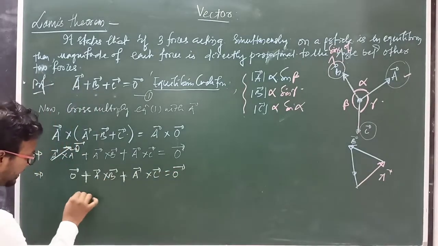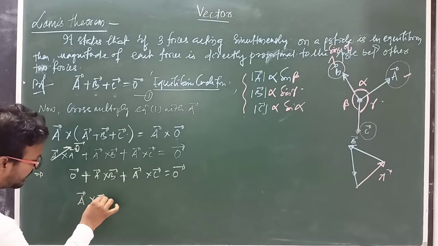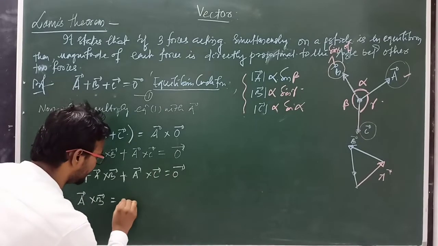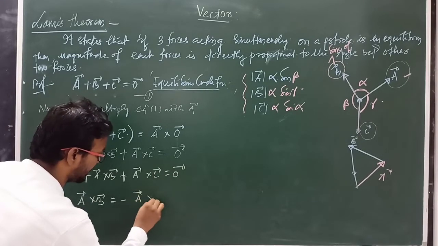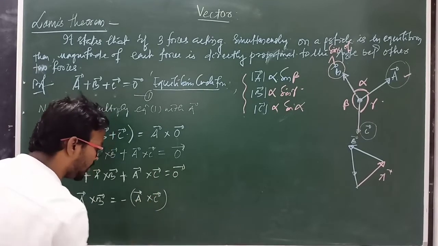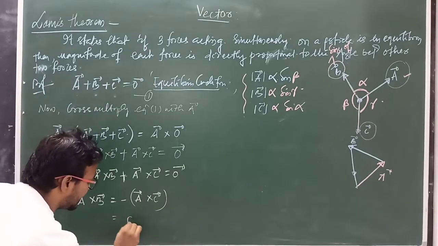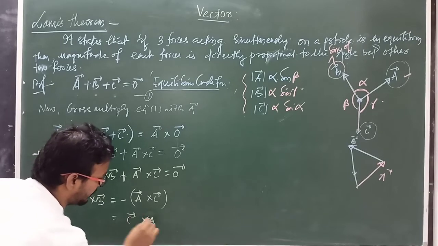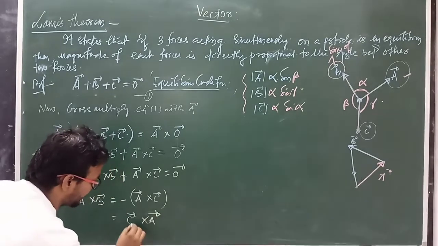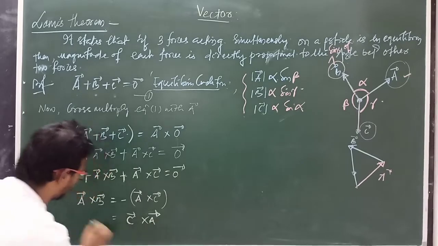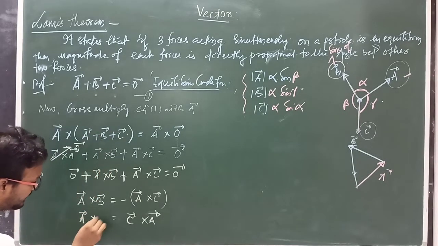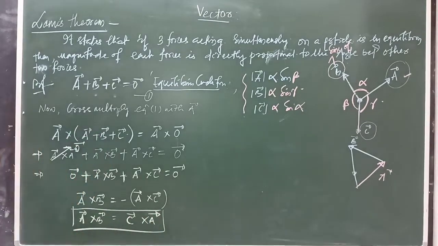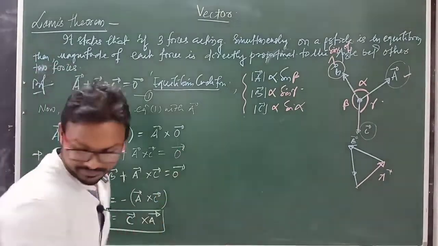Or you can write A cross B vector equals, taking this to the other side, minus A cross C vector, or you can write C cross A vector. We are already acquainted with this term, so you can write C cross A vector equal to A cross B vector. Why? Because we have the relation